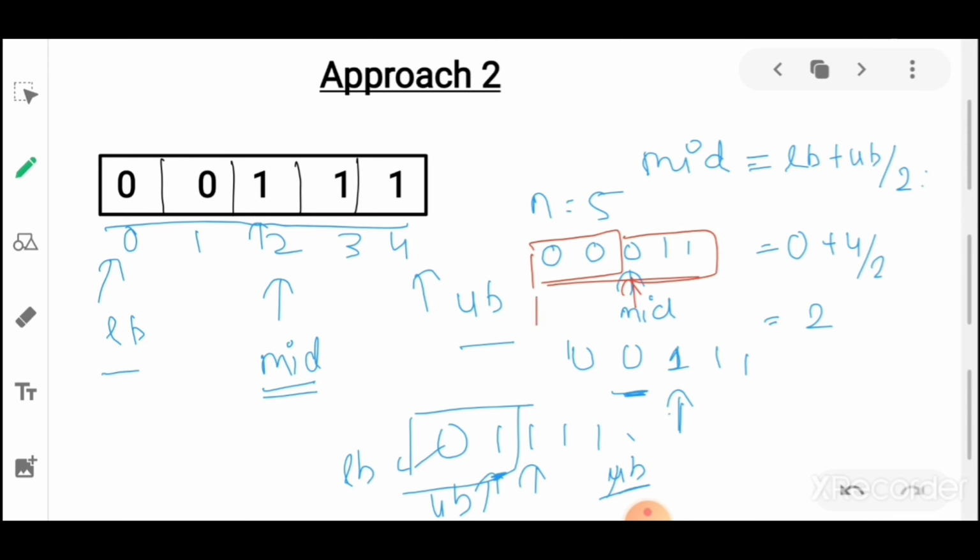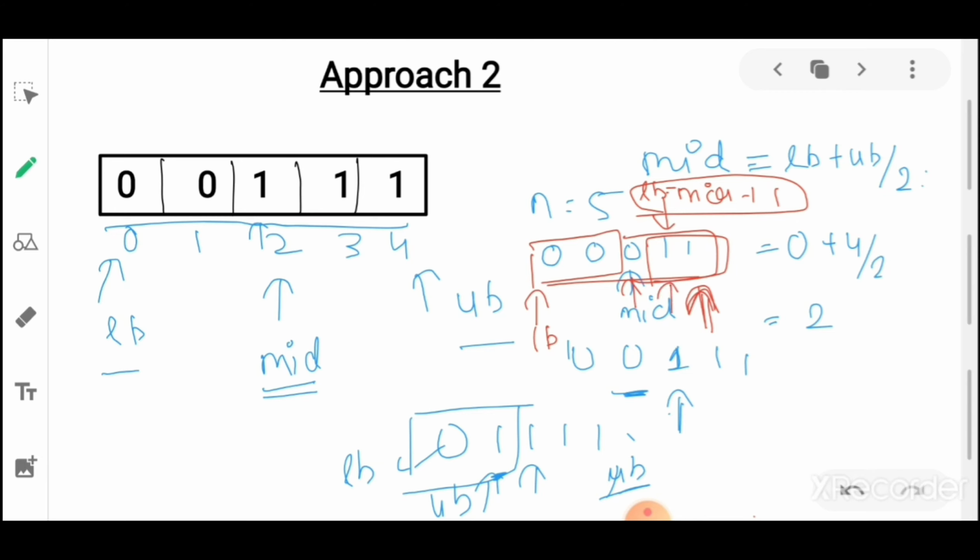So we'll make our lower bound mid plus 1. Our lower bound will become mid plus 1, then we'll apply logic in this part of the array. Then we'll get our transition point as this.